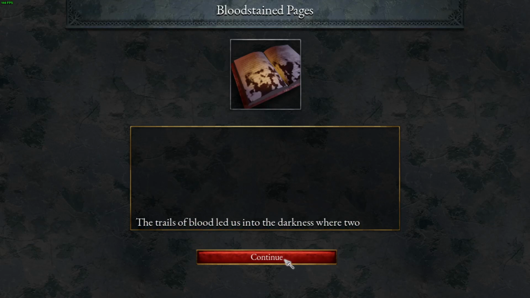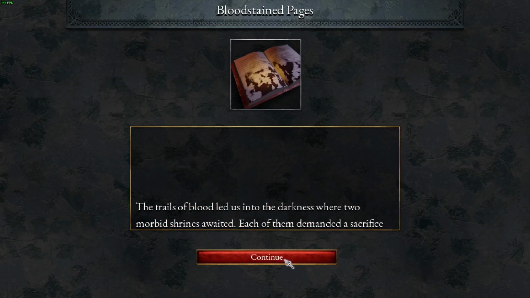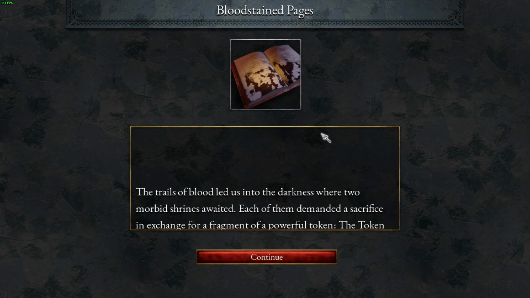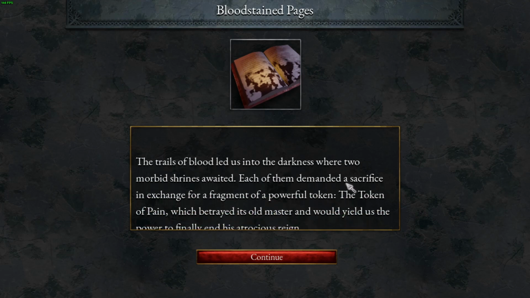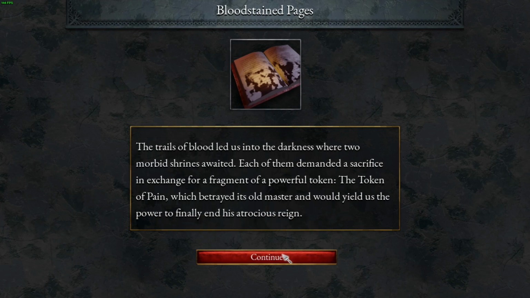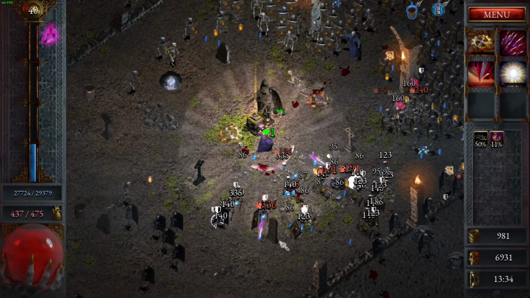The trails of blood led us into the darkness, where two morbid shrines awaited. Which betrayed its old master, it would yield us the power to find...